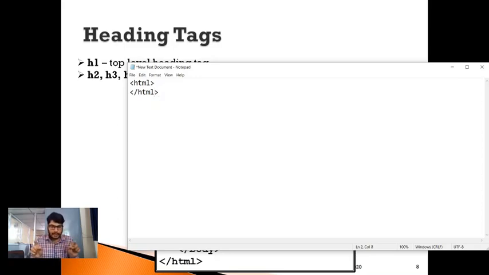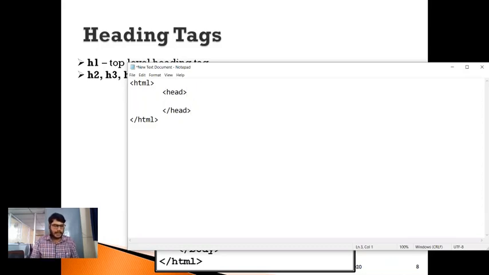Within angle brackets, we need to mention the tags. So within the HTML tag, by leaving some space, now I need to write the heading portion. For that, I need to use the head tag, and similarly I need to close the head tag. Within the head tag, I want to implement the title.